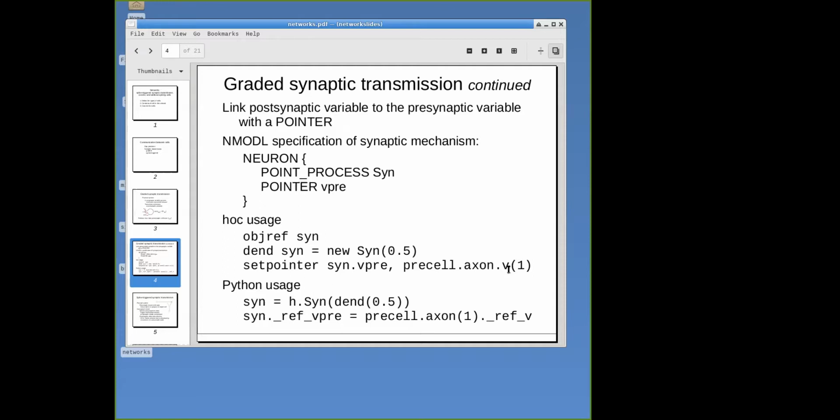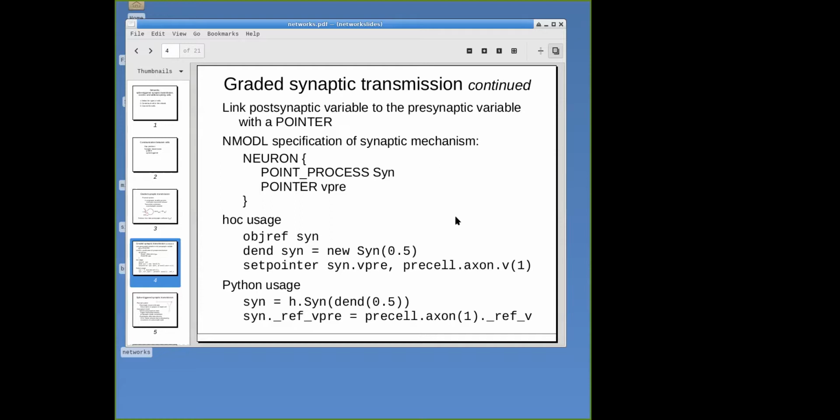Okay? And that's how it's done in HOC. This is kind of an odd syntax, and it's a little peculiar, but you're going to see it if you look at any HOC specified network or other models that involve gap junctions or